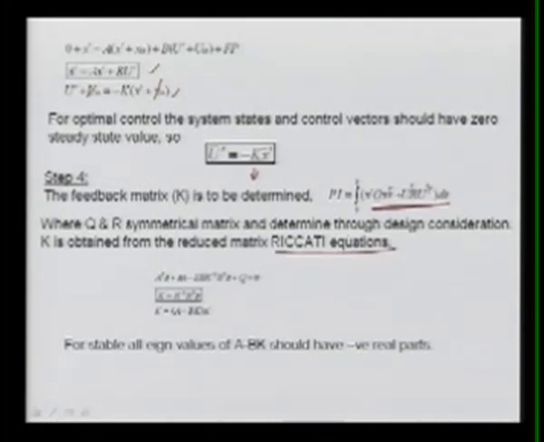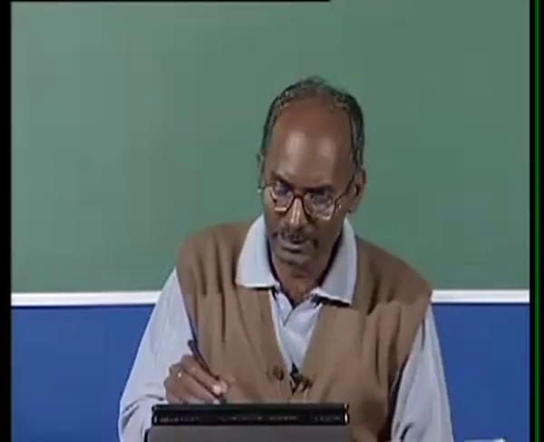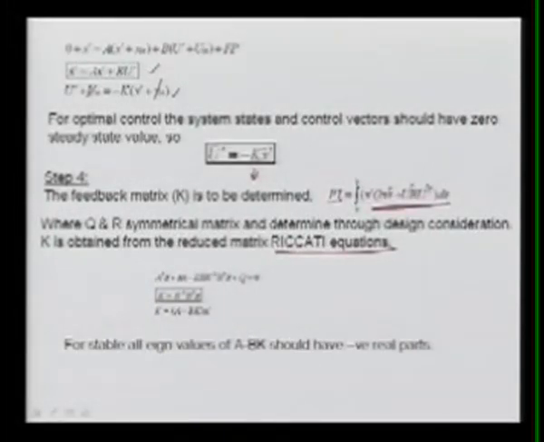Normally, a certain performance index is minimized, and that performance index here is called pi. It is not a proportional integral, it is a performance index, and here we integrate from 0 to infinity, of x prime transpose Q x plus u transpose R u. These Q and R matrices are symmetrical matrices, and they are determined through design considerations. The value of K is obtained from the reduced matrix Riccati equation, and the Riccati equation is